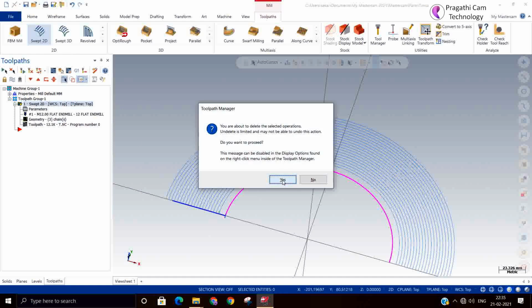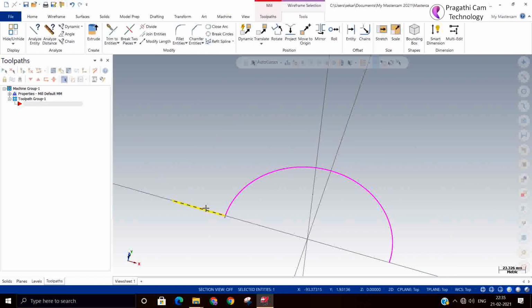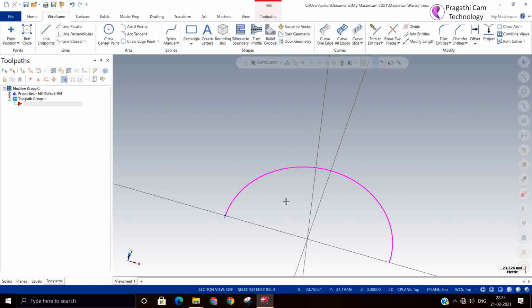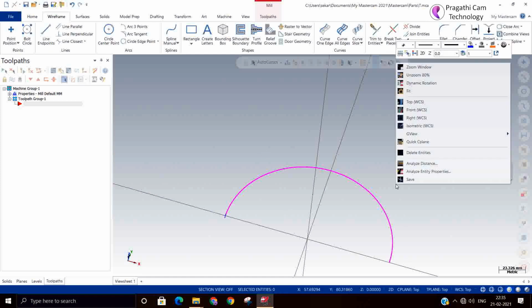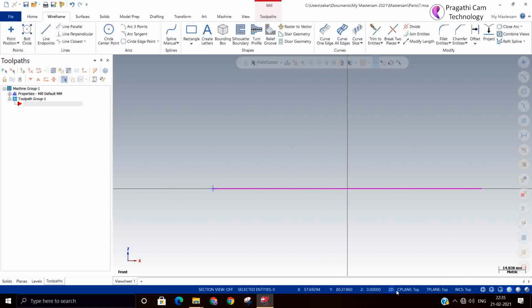I will delete this. In this same profile, we will make one small change here. C plane front.